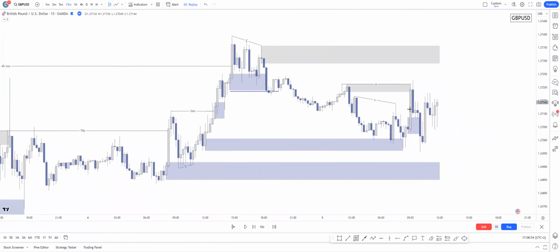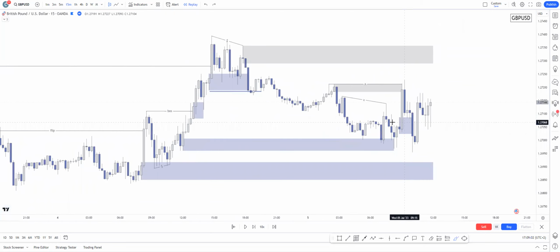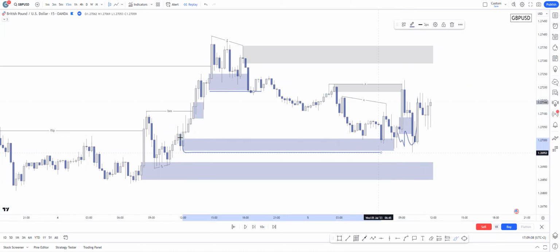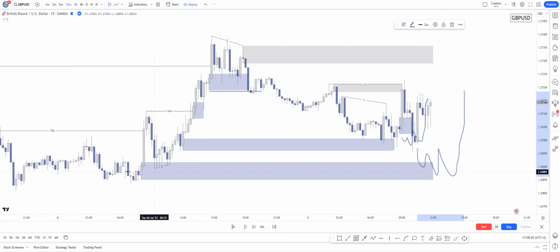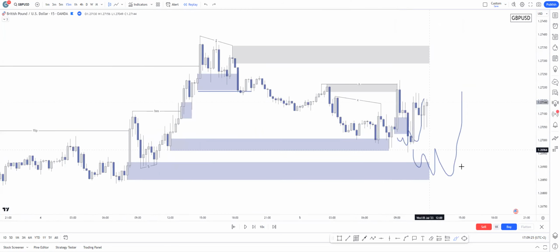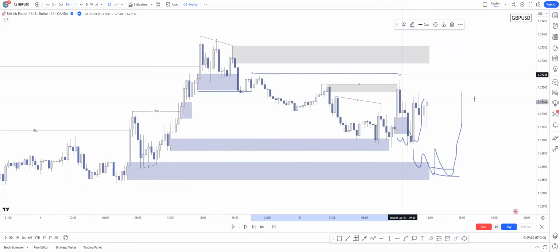And the session started with this candle. This was the first candle of the session, this bullish candle. And at this point right here, I was expecting a confirmation entry probably on this 5-minute demand, because there was a 5-minute demand area that has caused the breakout structure, and price reacted on it, as you can see, after a deeper mitigation. I was expecting a confirmation entry here, or a confirmation entry on this 15-minute demand, which was the origin of this 4-hour structure breaking movement. If a confirmation entry showed up here, we could take longs targeting this liquidity pool right here.